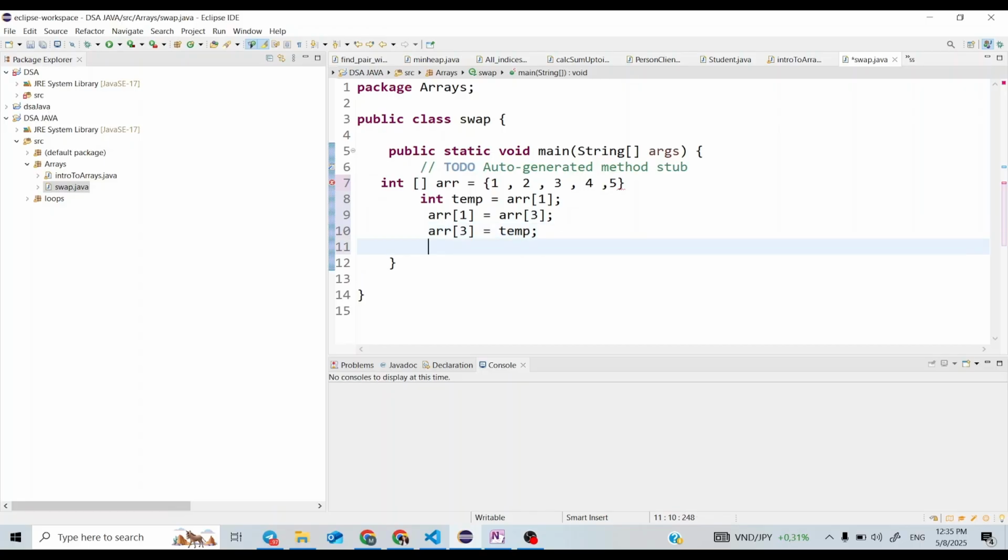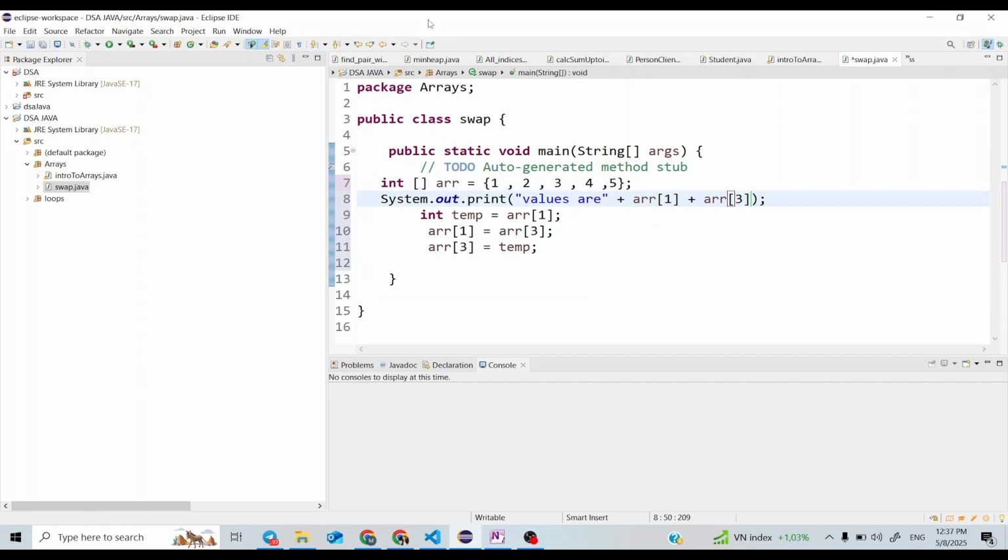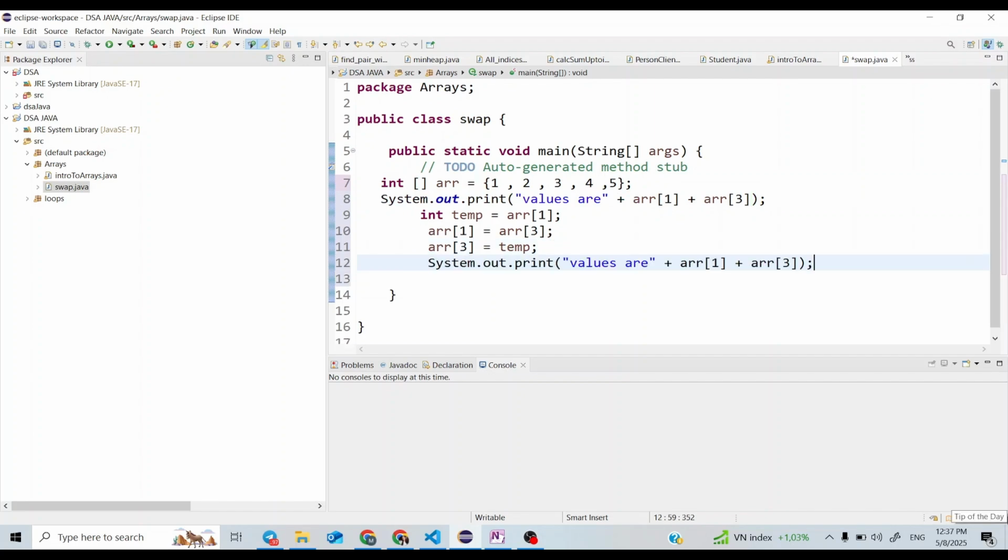Now let us try to print the array. Instead of printing the whole array, let me print the values only. So after the swapping, let us see what will be the values at array of 1.